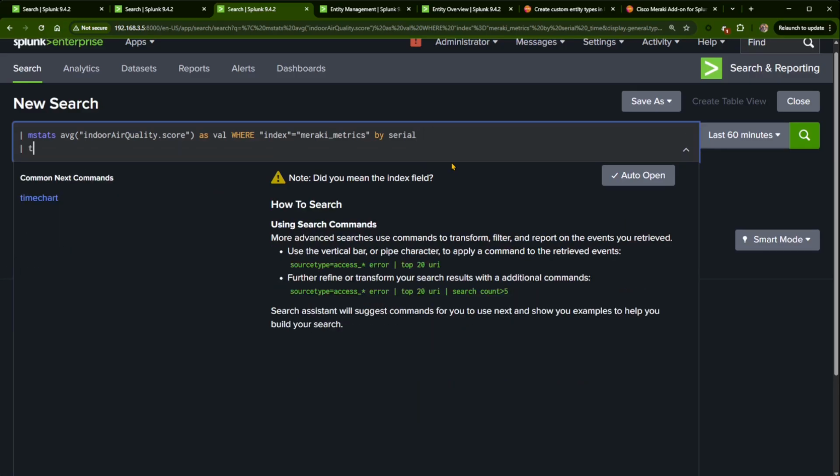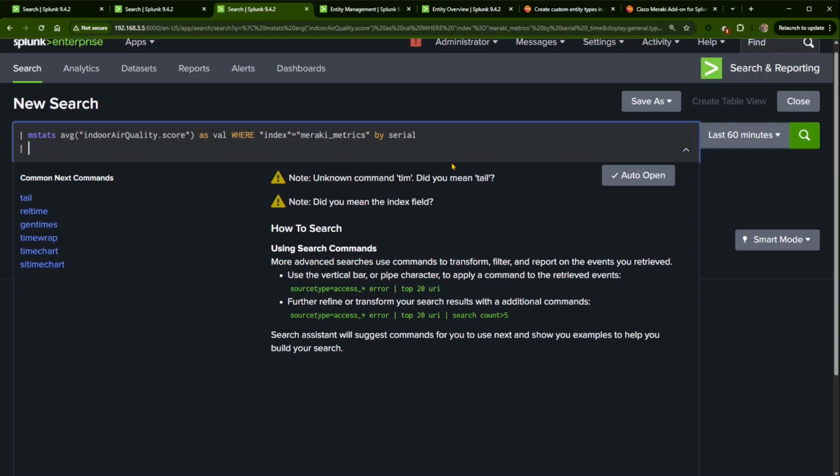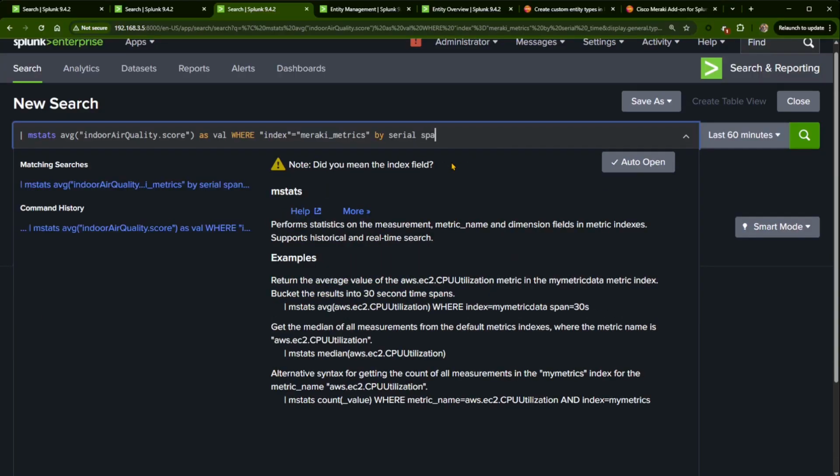Yeah, I could have probably done a time chart and maybe done it that way, but I'm not going to do it. I'm just going to say span equals auto because that's going to give me the information I need. If you really don't know how to build an mstats